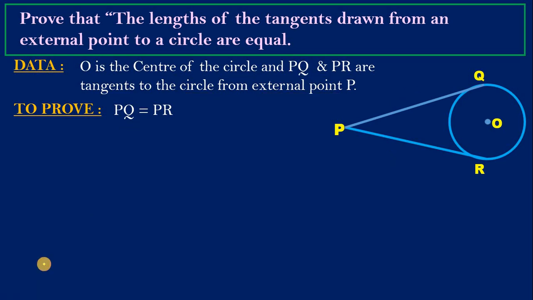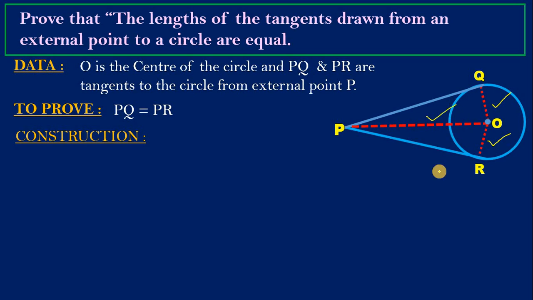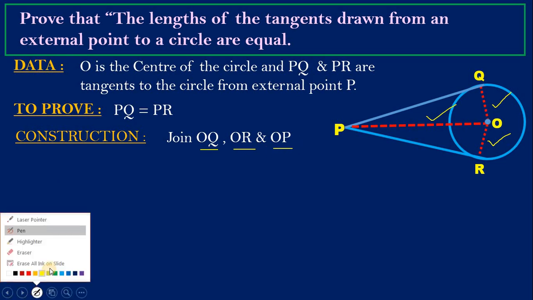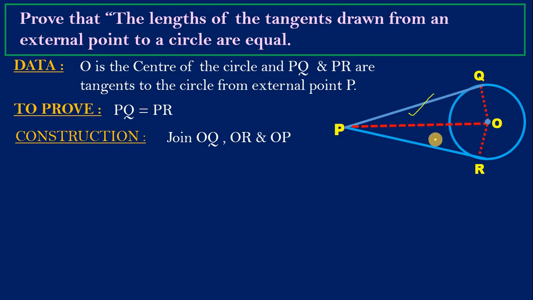So without construction we cannot prove this. We have to take the help of the construction. So look at the figure now. First join OQ, next join OR, and finally join OP. This is a construction. Join OQ, OR and OP. Now as we look at the figure, we have two triangles here, isn't it? For proof, consider these two triangles and show these two triangles are congruent. So it's very simple to show these two are congruent.